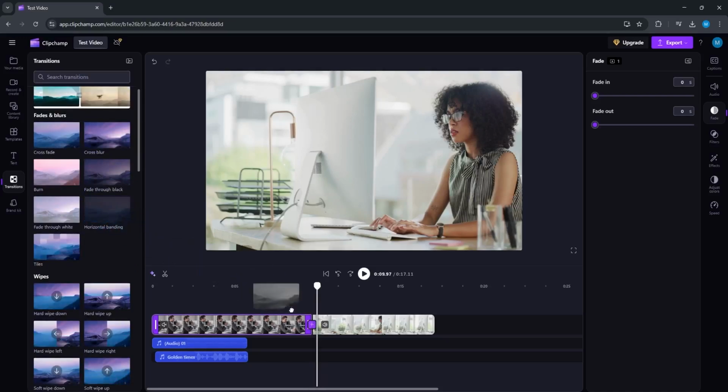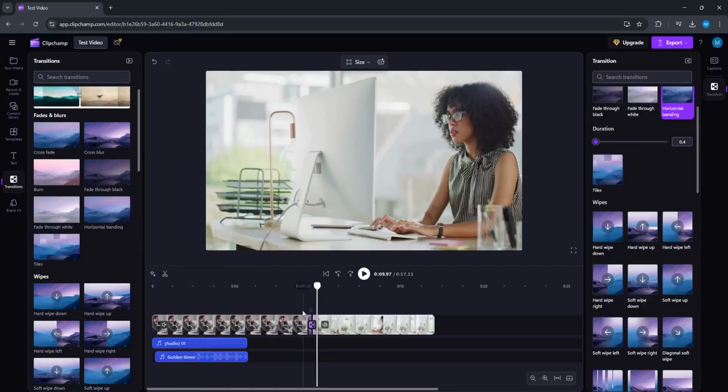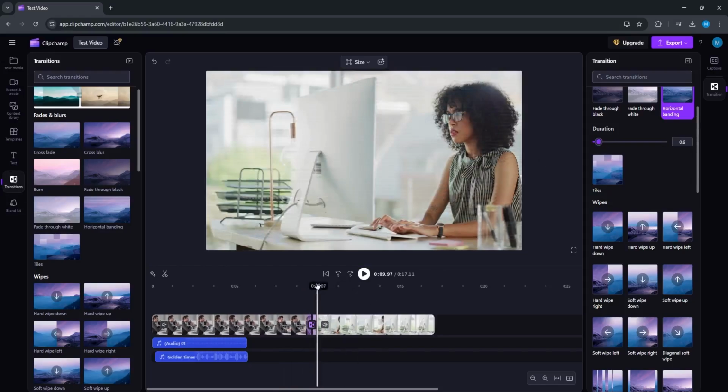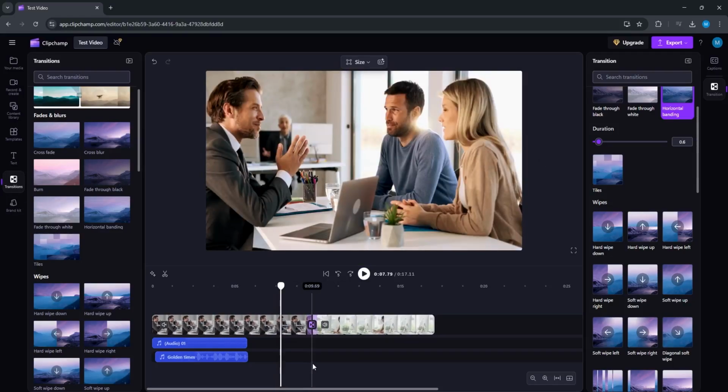So let's say I like this one, and what I need to do, I will simply drag this transition and I will simply place that to this plus icon, and this will change to this transition icon. That means that transition has been applied, and over here we can increase or decrease the duration of this transition, which you can see over here as the indication of that purple color. So how this transition will work, you will see over here